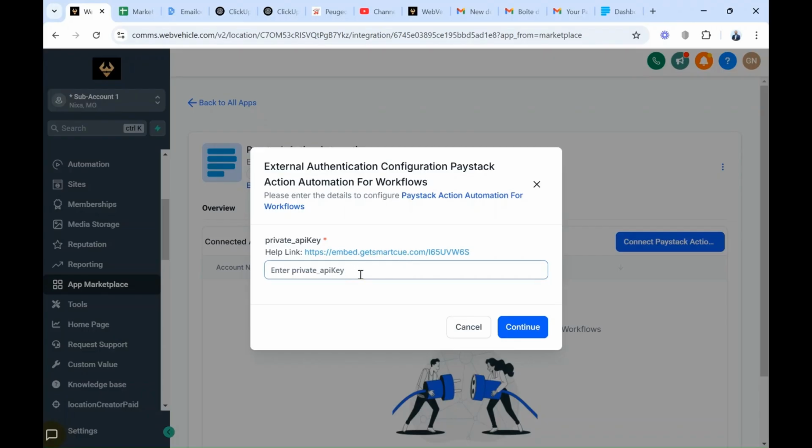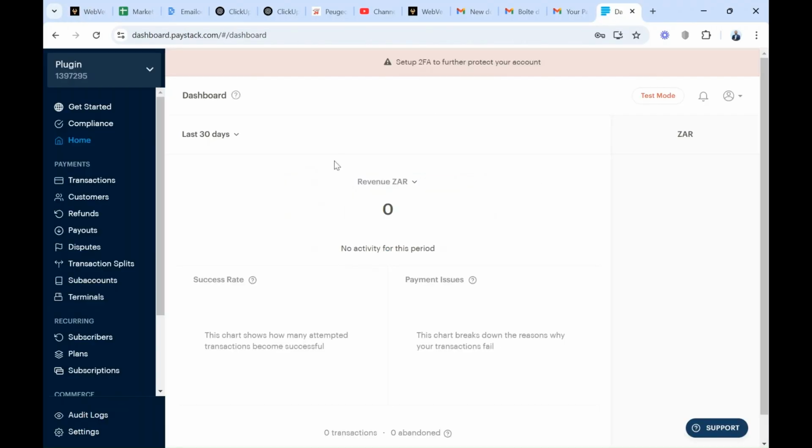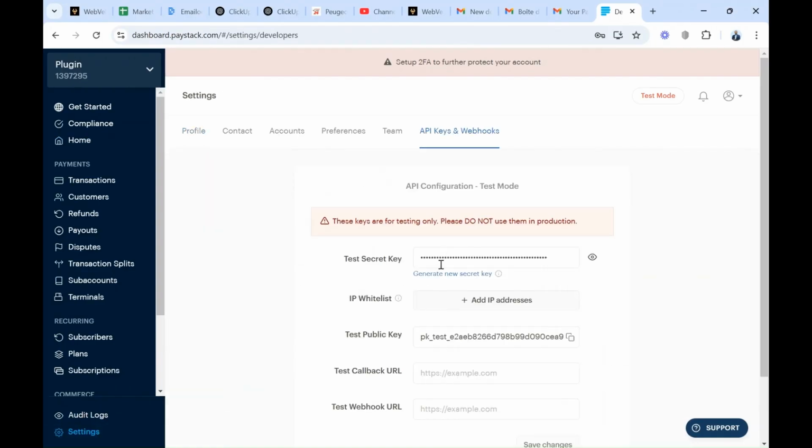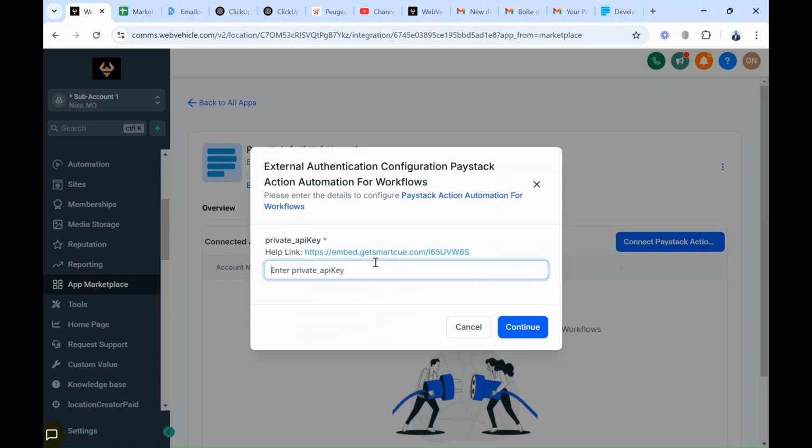We're going to switch to our Paystack platform. We're inside Paystack. We come down here to settings and then API keys. We get a test secret key here. Show it. We copy, we make sure it's copied, and then we switch back here, we get it pasted, and